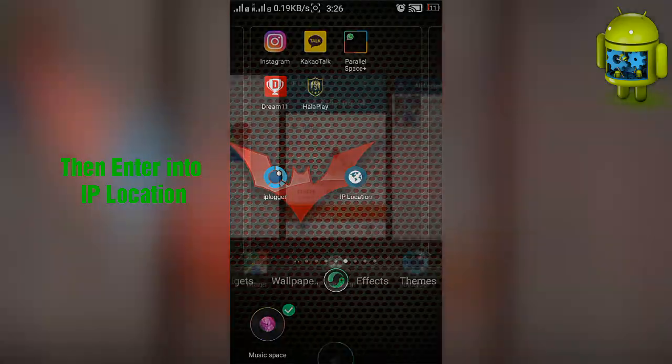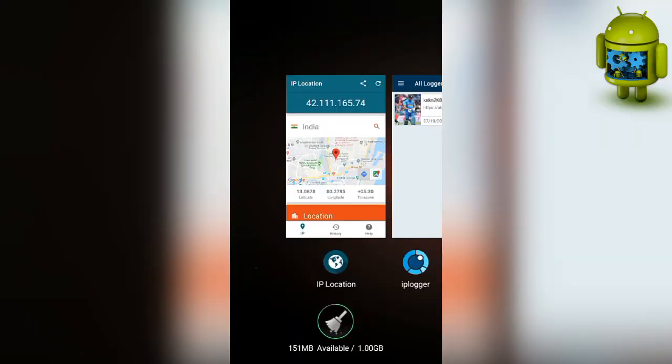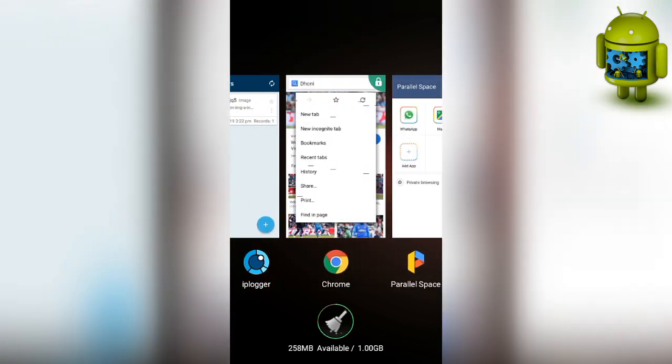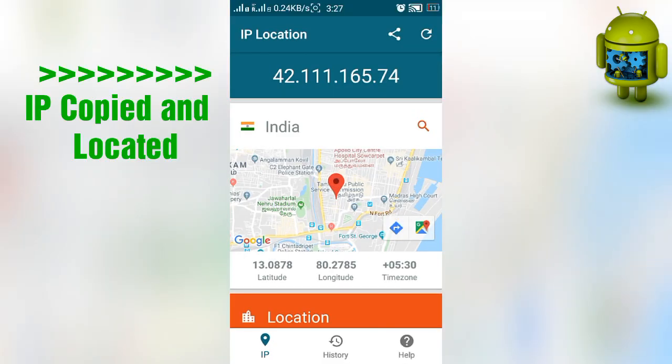Then enter into the IP Location. It is another application. We have downloaded two applications, IP Logger and IP Location. First of all, we enter into the IP Logger application, where we sent the URL and traced the IP